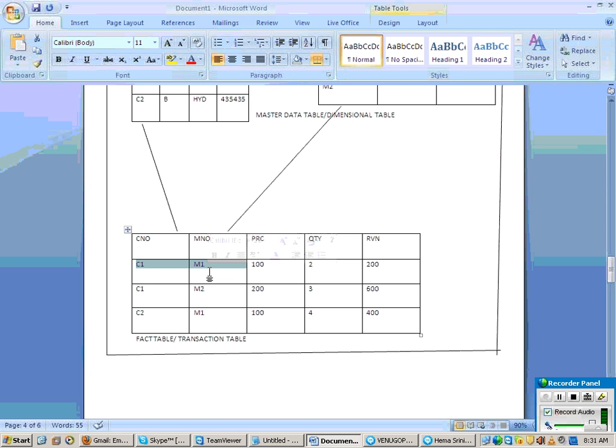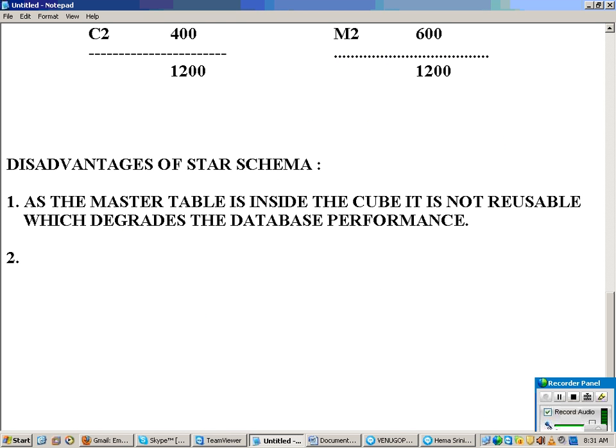Your fact table consists of alphanumeric values. Now you know that processing of numerics will be faster when compared to alphabets or alphanumerics. For a BA, what is very important? I said performance tuning. So processing performance is very important for us, as we discussed.